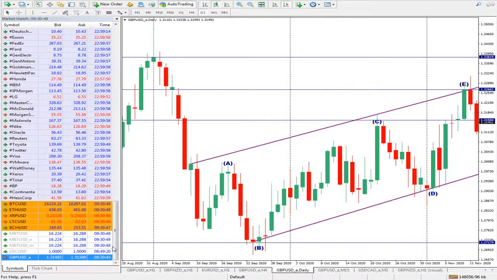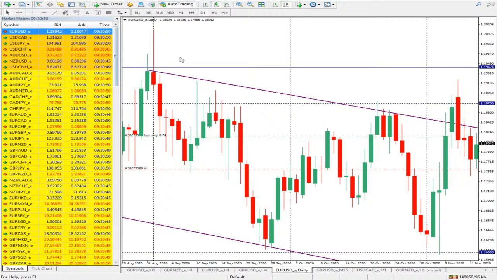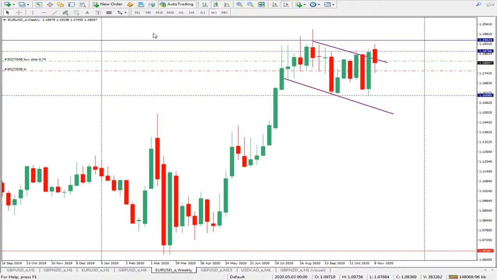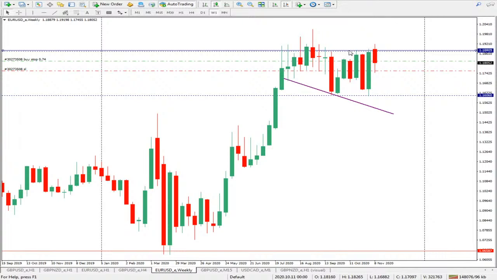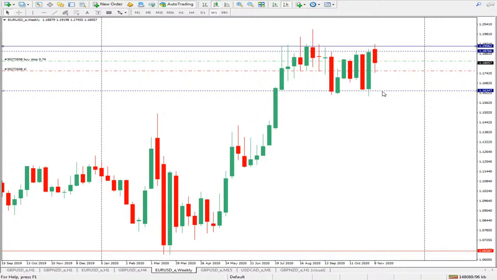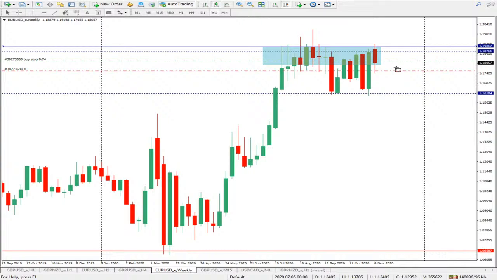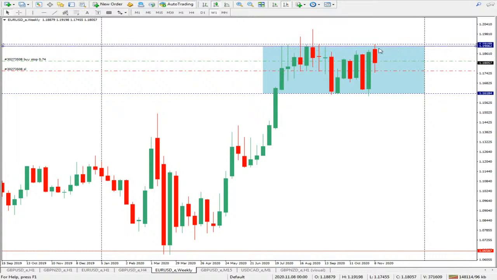Let's look at Euro USD. Euro USD so far, the price is consolidating. If you look at the weekly chart, you'll see what I'm saying. So you draw horizontal level here, you draw another one from the bottom like this. If you do it like this, you can see that we actually have some range. The price is within 1.19062. We also have 1.16184. So if the price breaks and closes beyond this level, if the price breaks and closes above